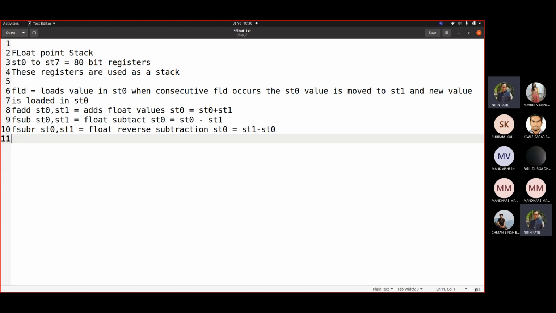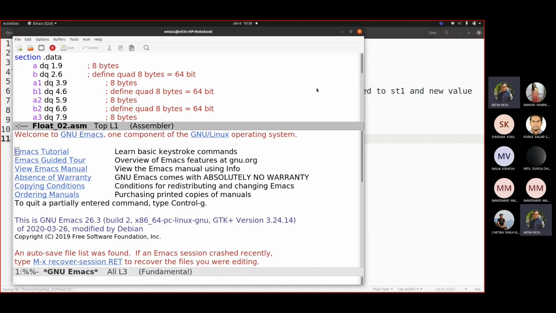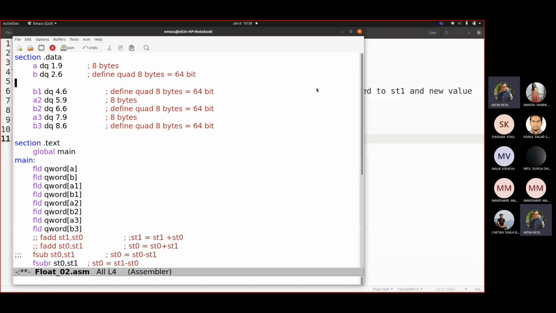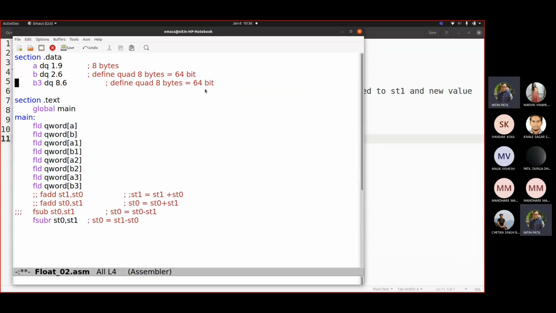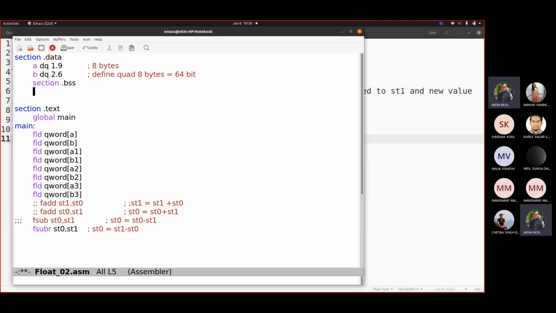Okay, now suppose we want to store this result. Okay, let us try to store that result. So let us save this. Let us go back. Okay, I will restrict it to this now. Only two values. So I will declare section .bss, then result, resq, correct? Reserve quad because we want to store. So let us write